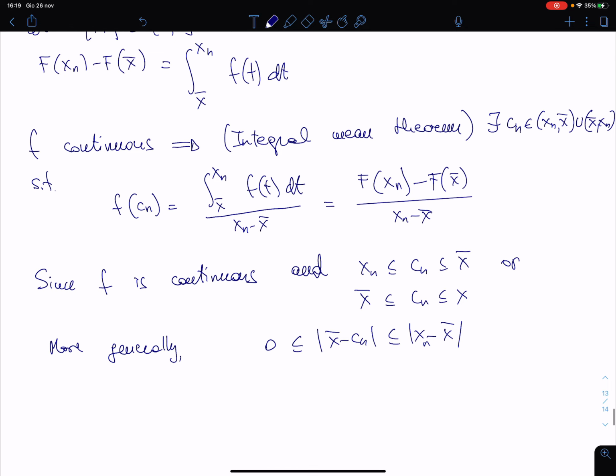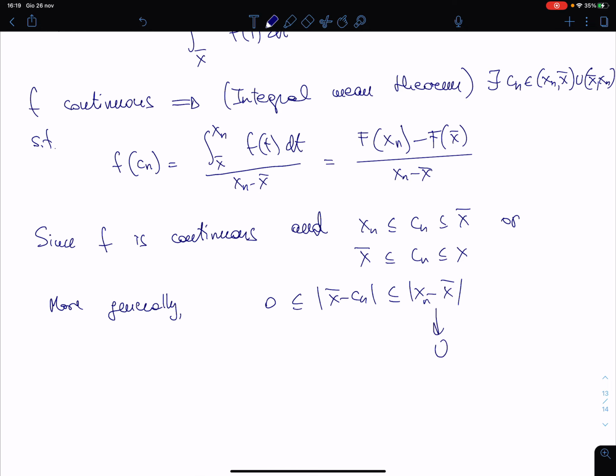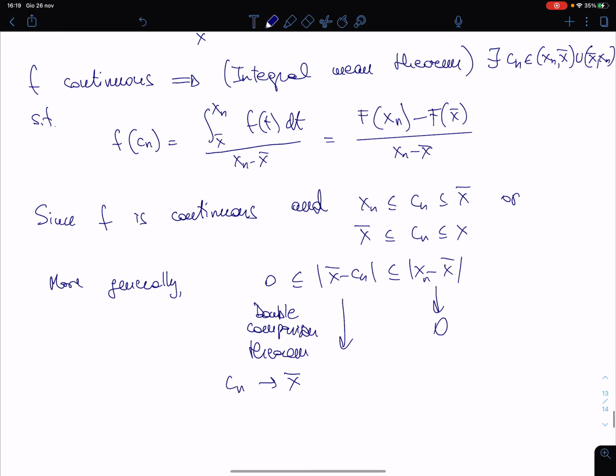This goes to zero, so by the two policemen, the double comparison theorem, we have that Cn goes to x bar